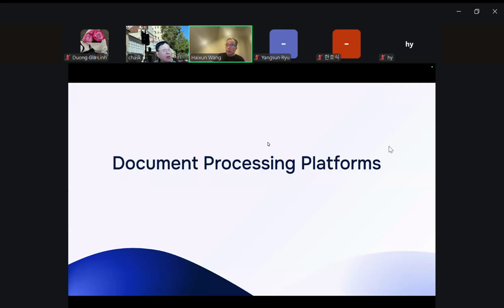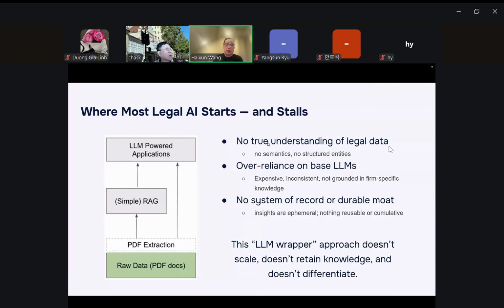All right. Now, this is just the first step, understanding the PDF documents. There's a lot of other work needed to understand the documents, and to answer questions using these documents.